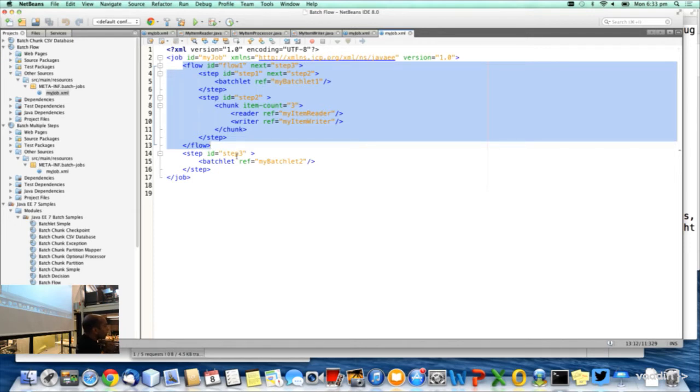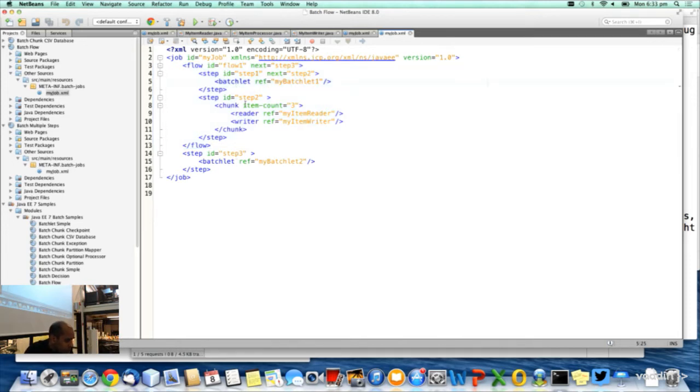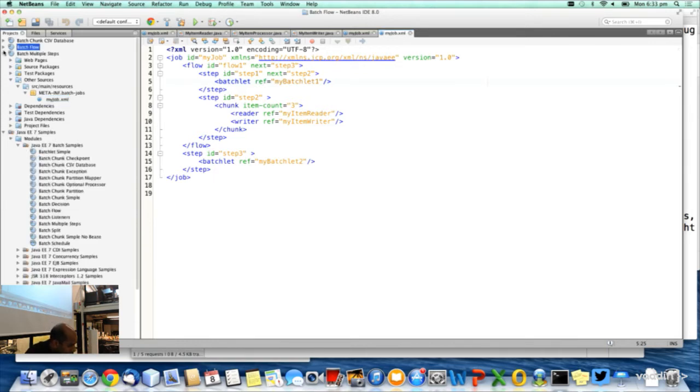So if you have steps, do both steps receive the same input data, or does the first step affect what's being fed into the second step? No, they have their own individual input. So the reader, and that coordination is up to you. For example, here, in this case, this is batchlet and this is chunk. But if these two were both chunk, they both have their own readers. That means they are receiving their own input. Now, coming back to what you said, what's possible though is,